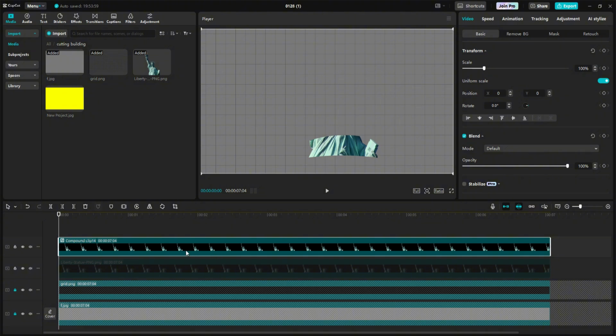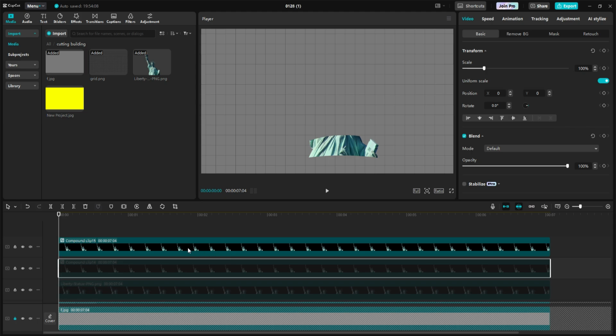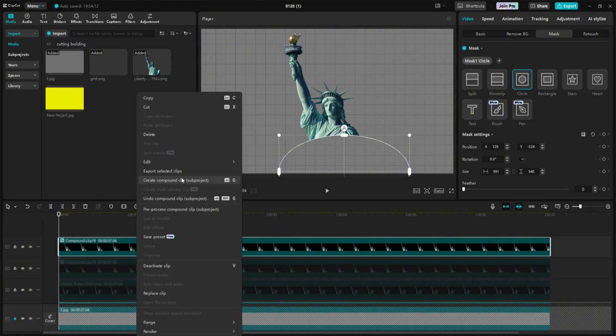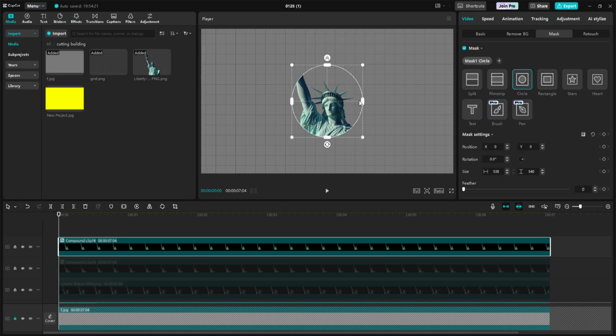Now let's move on to the third part by duplicating the second part and then reversing the mask and compound it again. And then you just need to cut the top part again.